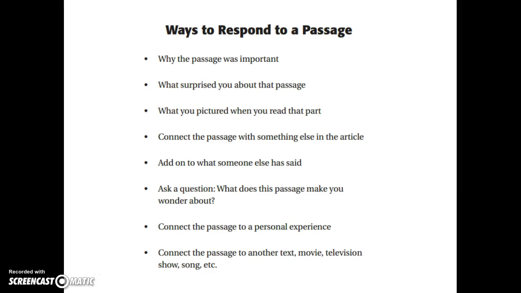There wasn't really anything that I pictured, though, and maybe if I was going to try and really be careful and reread this, maybe that's something that I would want to do. I did connect the passage, not really with something else in the article or the poem here, but I did connect it to another passage or another poem as well. I didn't connect it to a personal experience, so that might be something that I would want to do. And so these are some things that I can think about as I go back over to help me be an even better reader and a more careful reader of this poem in